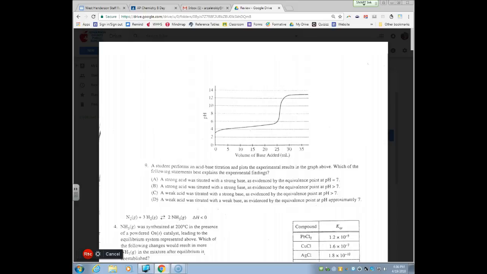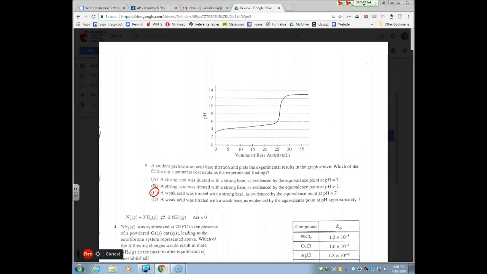Number 9, here we have a nice acid-base titration, and it plots the experimental results in this graph. Which best explains the experimental findings? The correct answer for this one is C. A weak acid is titrated with a strong base, as evidenced by the equivalence point of a pH